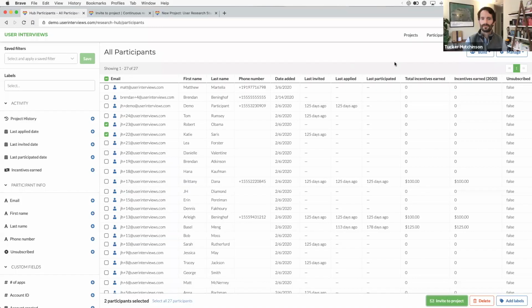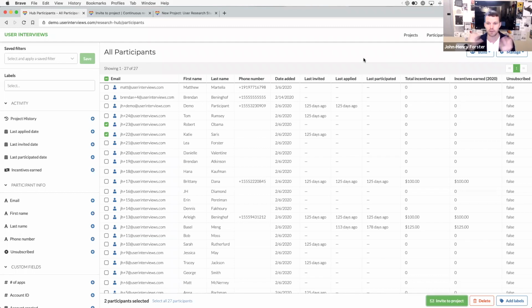The last one I'll touch on in terms of getting people into the system, there's kind of two schools of thought that we hear from our users. One is, as I mentioned earlier, I have a project. I just need to talk to some people to get feedback on this new design or whatever. And they jump right into the project. They have a list of people and they just go. Other teams are approaching it from more of we need to build up a panel. We need to build up a list. And so maybe they will seed that with users they know who are interested in giving feedback,